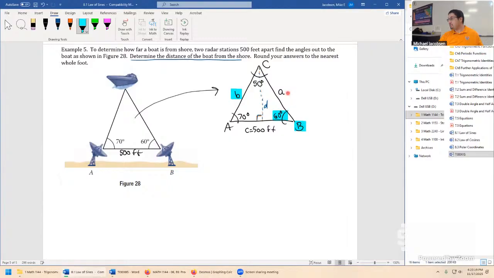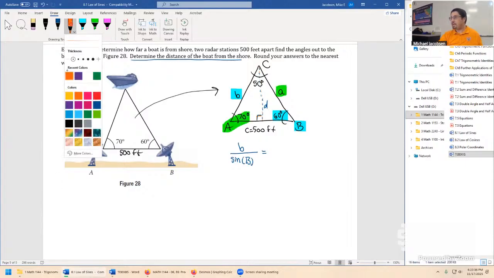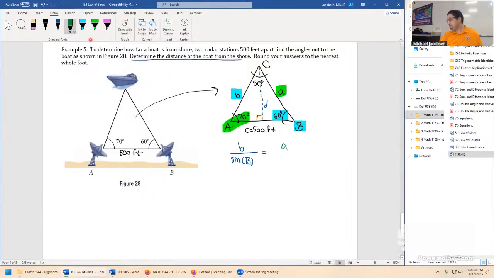So if I'm going this route, I'm using the 60-degree measurement, and because I'm solving for B this time, I'm going to keep B in the numerator. B divided by sine uppercase B is going to be, here's the other side, A divided by sine uppercase A. So we take the opposite side, divide by sine of the angle over here on this end, and same thing with B.